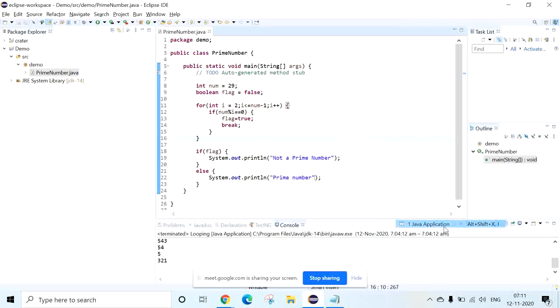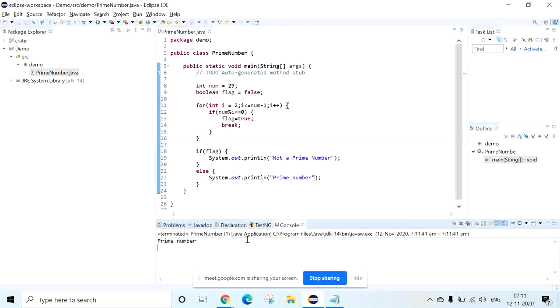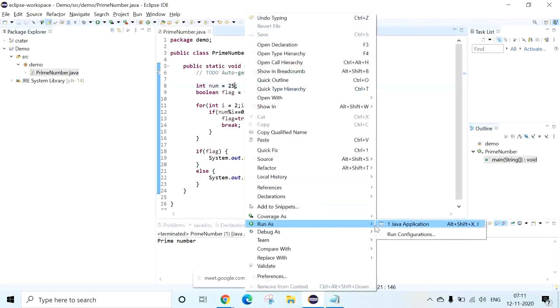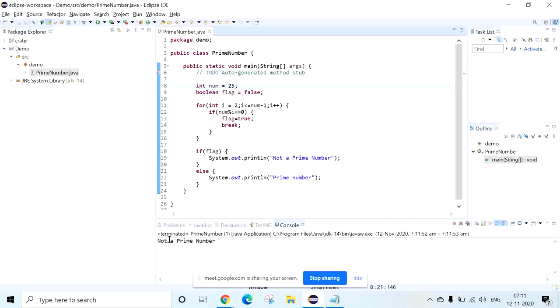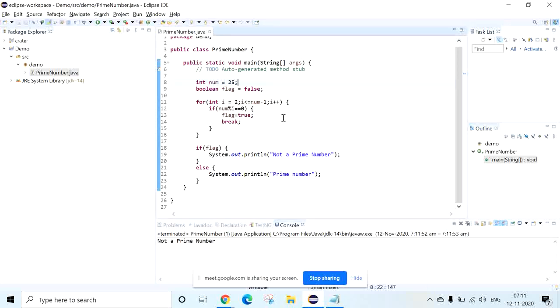Now you can execute. So 29 is the prime number. When you give 25 and execute it, not a prime number. Okay. So now your doubt is clear, right?